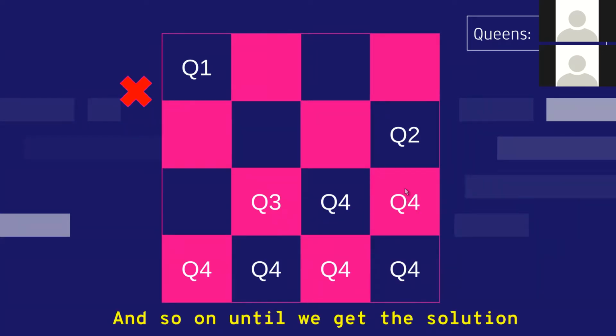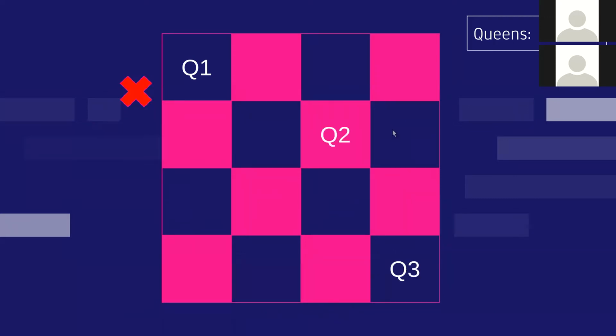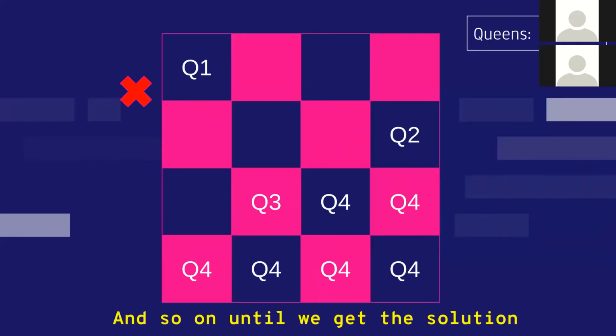When you try to place the fourth queen, none of these positions work. Wherever there is Q4, all those positions are attacked by the other queens like Q1, Q2, and Q3. So no matter where you place Q4 among all these positions, you will not get the solution because all those positions are attacked. So that means that this position of Q2 that we chose, we moved Q2 to this place. Even though we moved it, none of those positions worked. So we move Q2 again to the next position and so on. That process repeats.